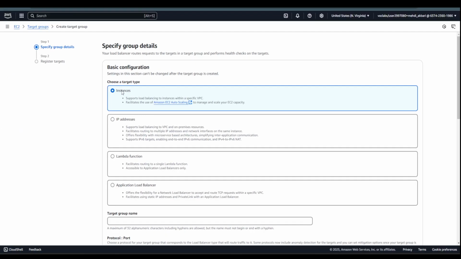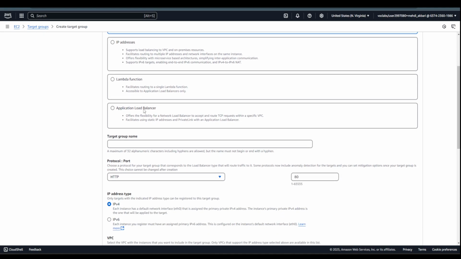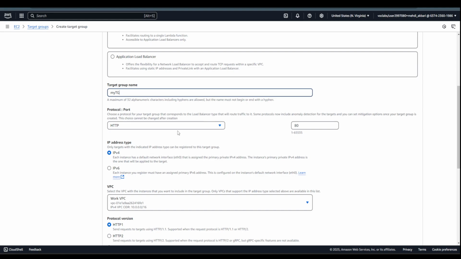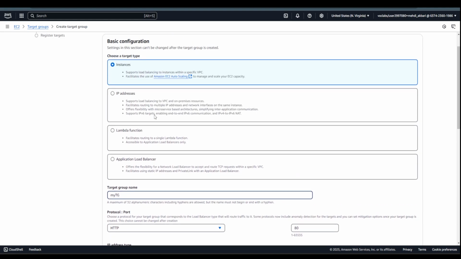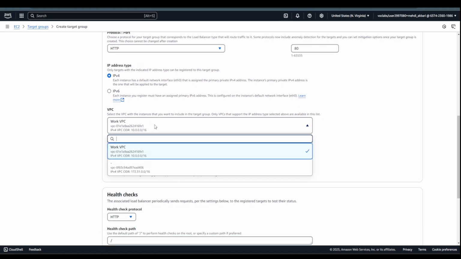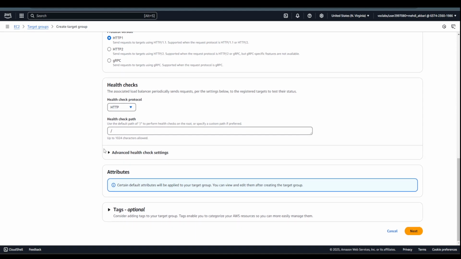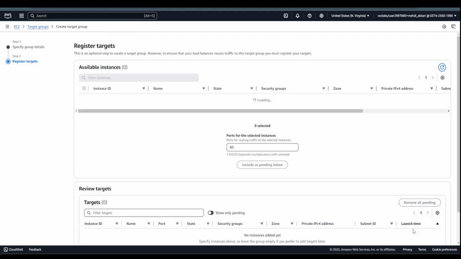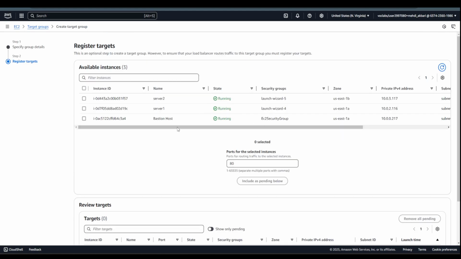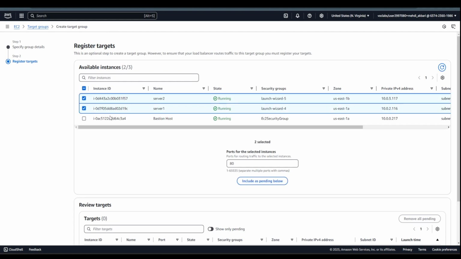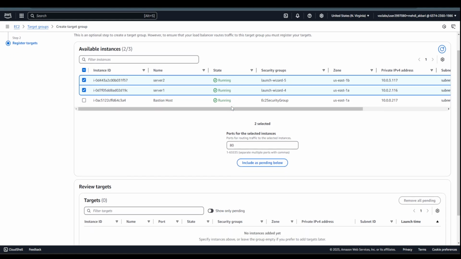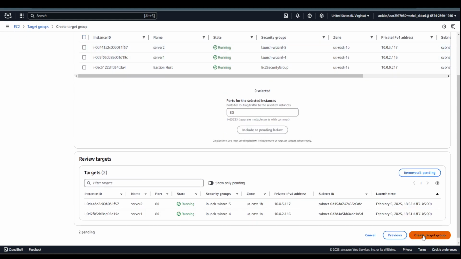and that target type is instances. This is my target group, and then HTTP 80, and then instances, which is good. VPC is work VPC, and then health check goes to the root, and then we are good. Can go to next. And then in terms of registered targets, I have Server1 and Server2 as the targets. Still the installation is not finished, so I can include them and I can create a target group,